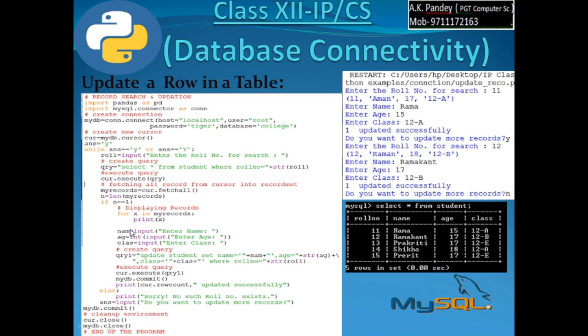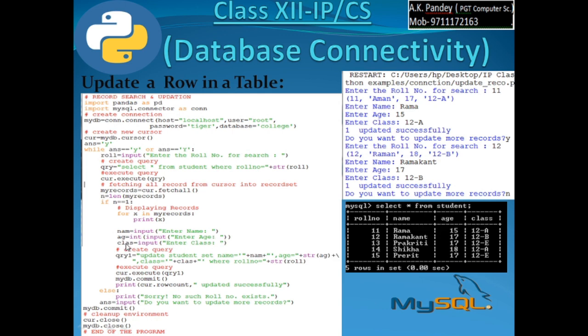And using these inputs, name, age, and class, try to take different local variables other than the column names of the table, so that we can differentiate. Here, in place of taking name, because name is a column in the MySQL table, it may create contradiction and confusion. So you can take a different local variable for the same purpose. For name I am taking NAM. For age, in place of AGE, I am taking AG only. For class I am taking CLAS only. So your local variable should be different from the field name or column name of the original table.